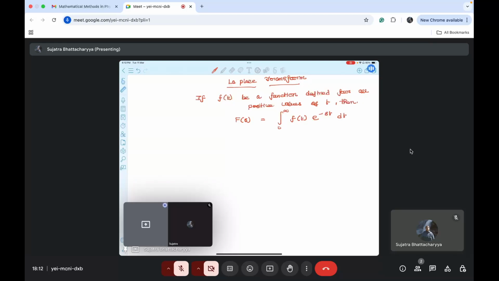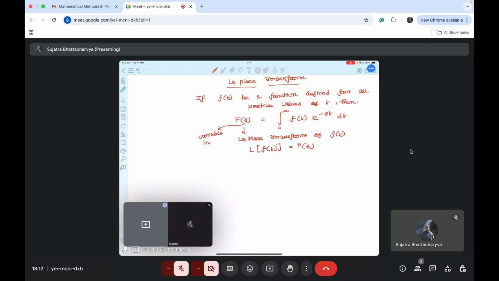This F of s is actually called the Laplace transform of the function f of t. We denote this as L of f of t, which is nothing but your F of s. So s is the variable